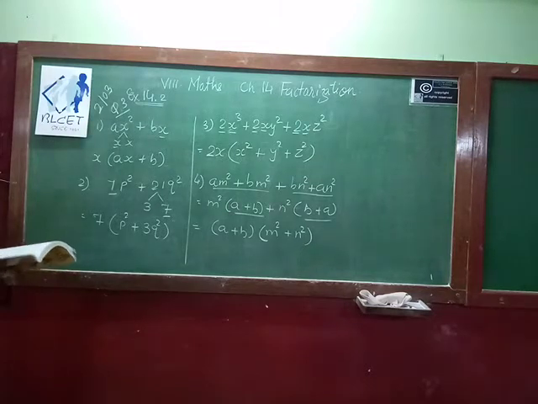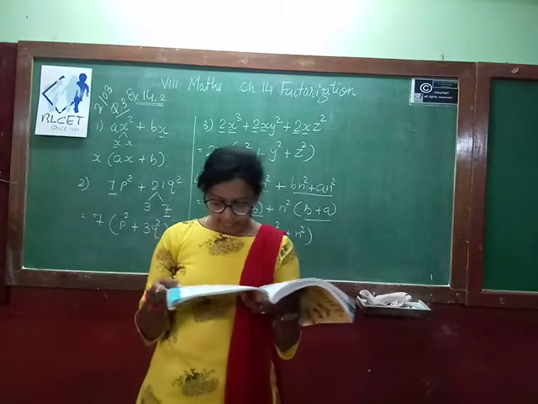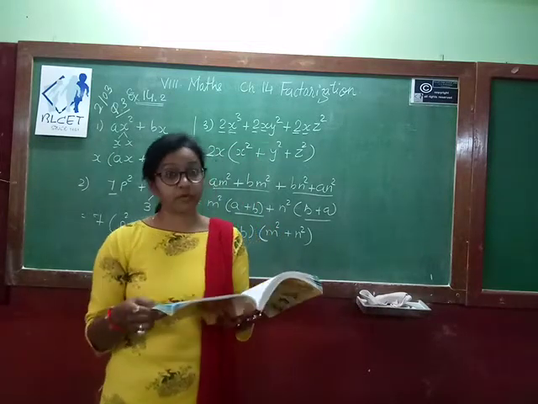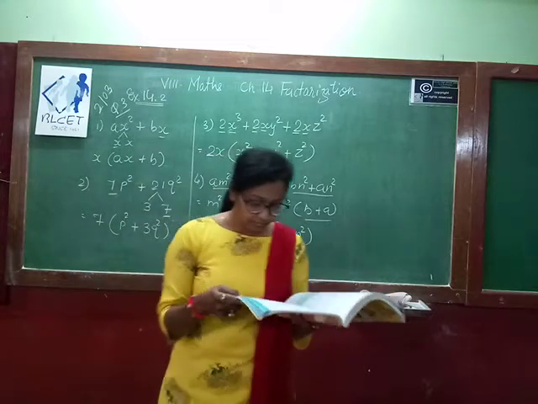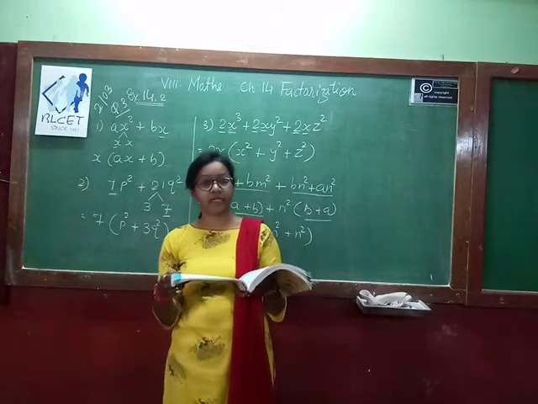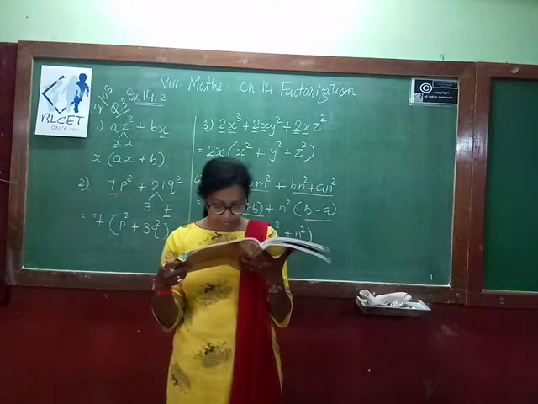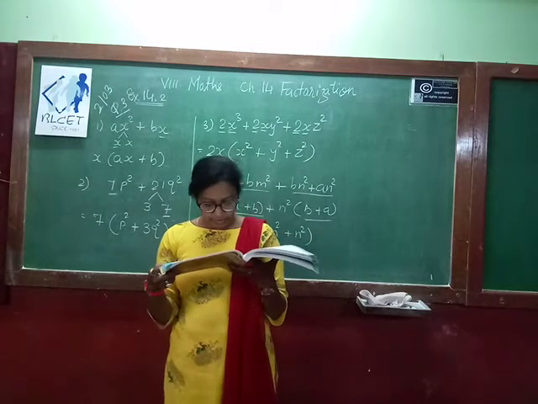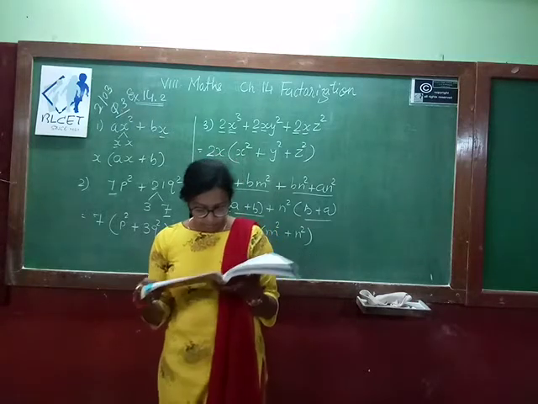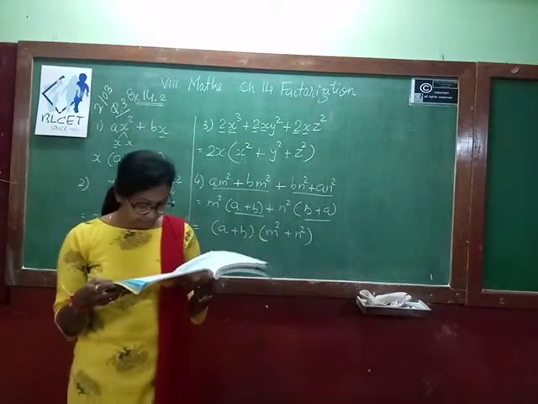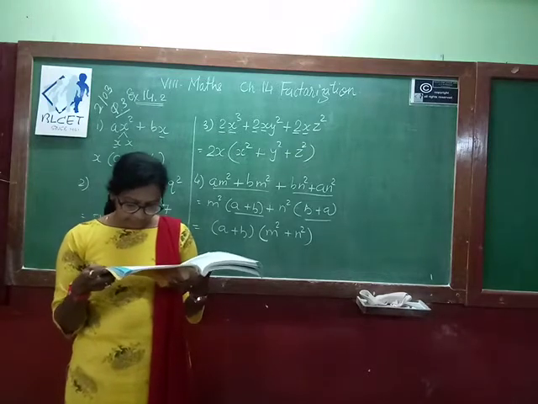Now fifth question, ln plus l plus m plus l. So what you have to do? You have to just do the regrouping and rearrange the terms in such a way that maximum factors you can take as a common. So fifth question, try to do by yourself. Sixth question, y plus z, the whole bracket is common, so that you have to take out, and in another bracket you have y plus 9. Now we will see seventh question.